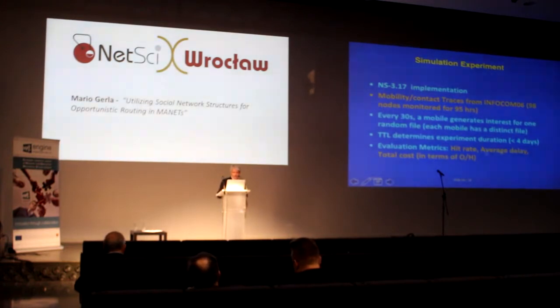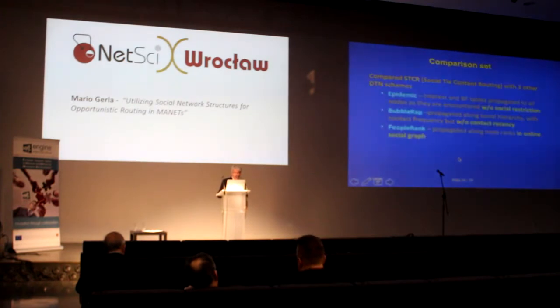Measure average delay and total cost in terms of overhead. These are the typical performance measures that one uses. We compare the social tie content routing, that's the way we call our schemes, with three other schemes that were proposed for